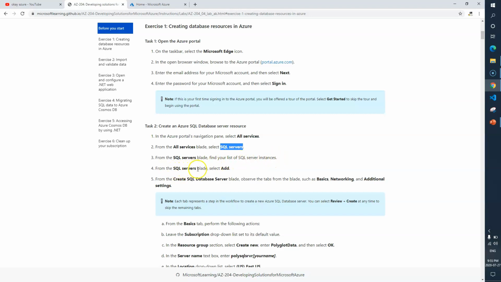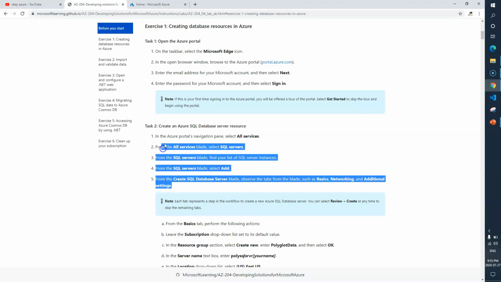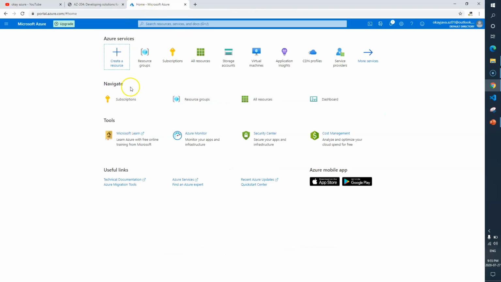Select add, and from the create SQL database server blade, observe the tabs such as basics, networking and additional settings. So basically in task 2 we are going to create a SQL database server instance. Okay, let's complete these 5 steps and then we'll come back here.